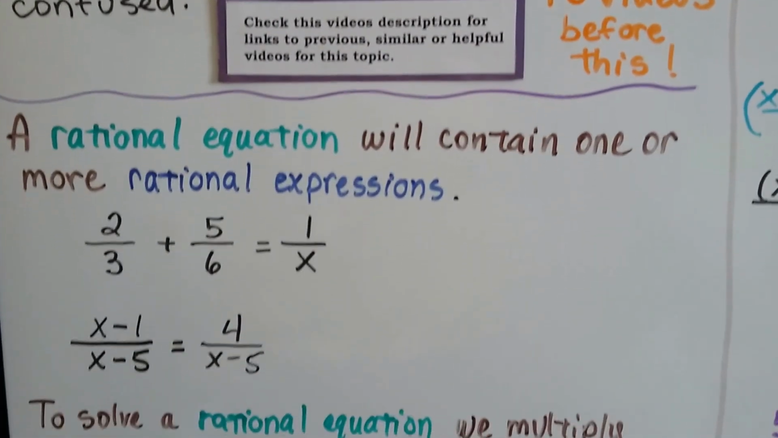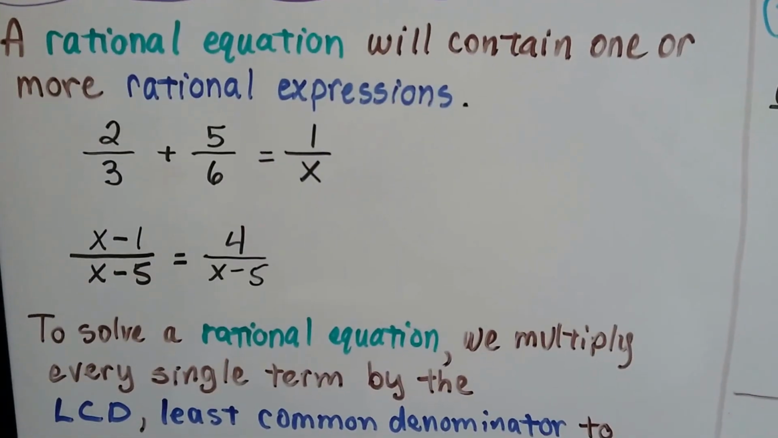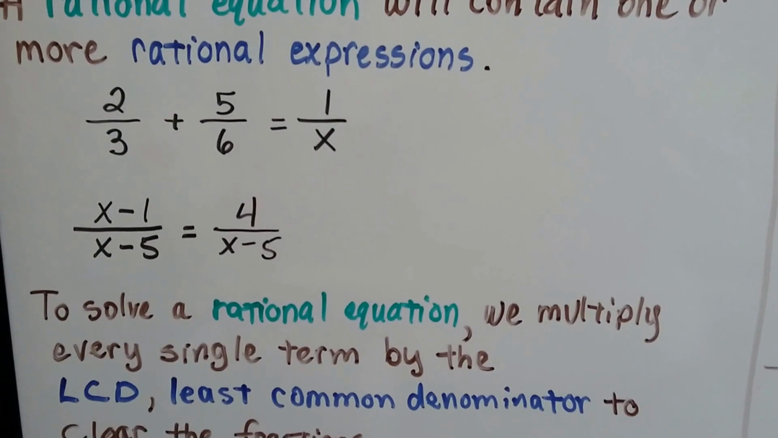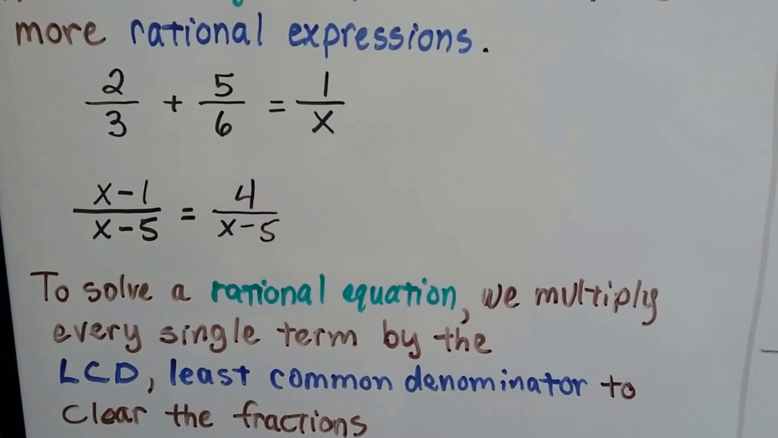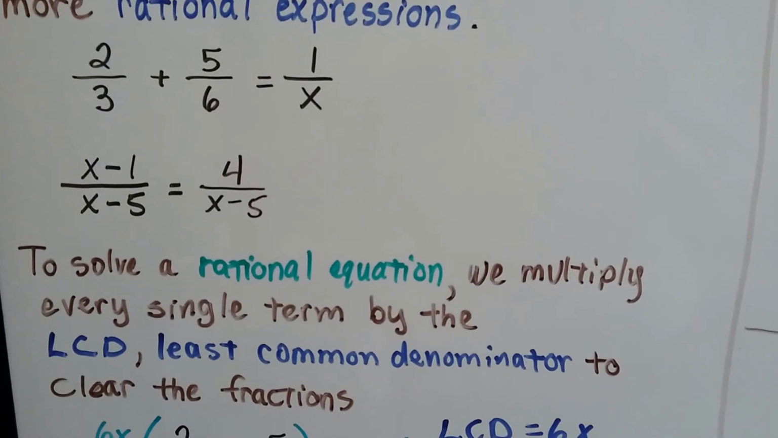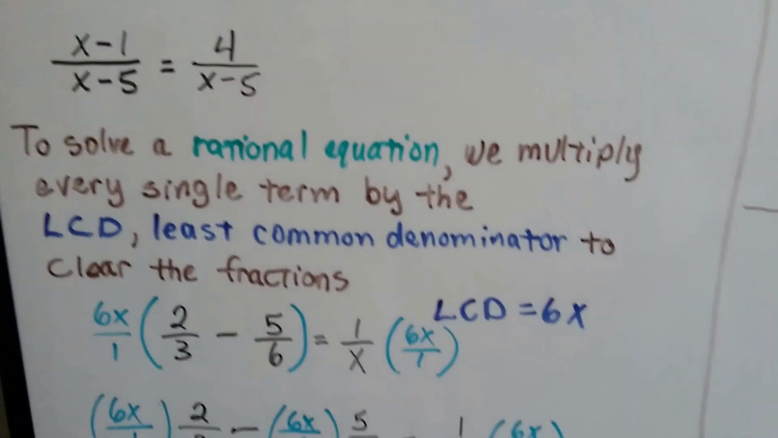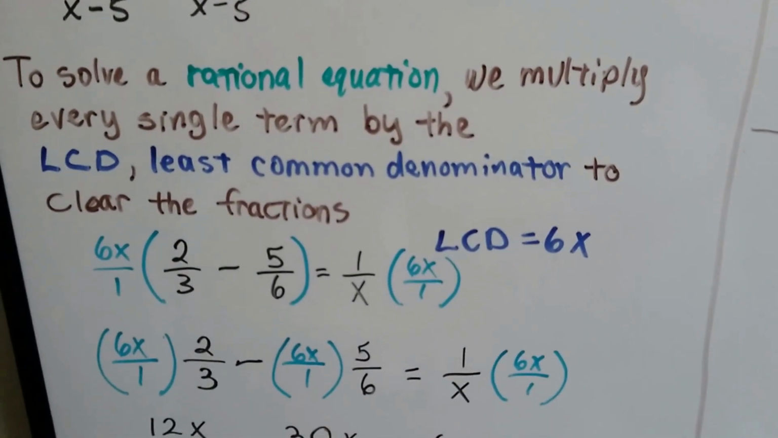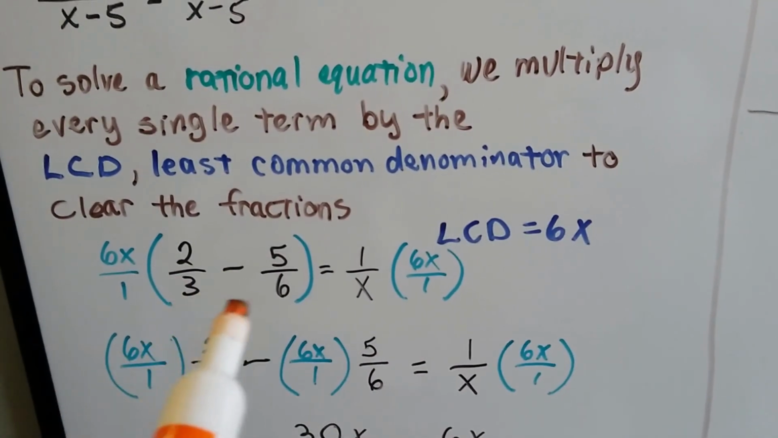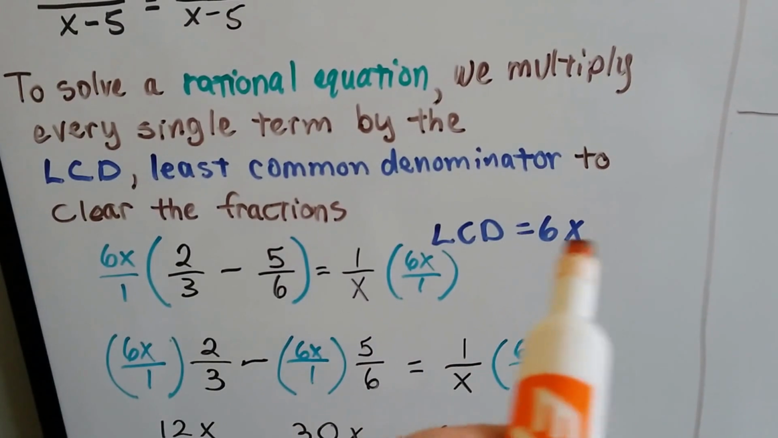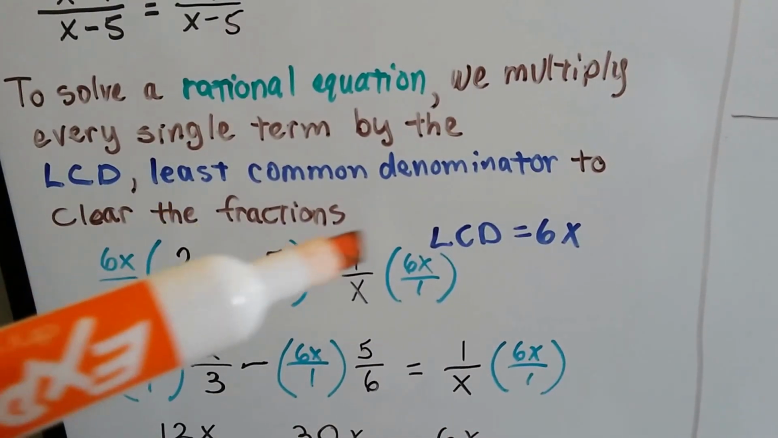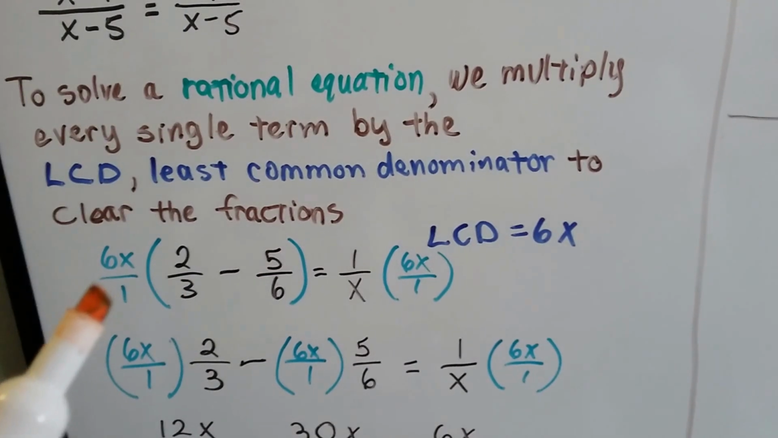A rational equation will contain one or more rational expressions, like this. And to solve a rational equation, we multiply every single term by the LCD, the least common denominator, to clear the fractions. So if we have 2/3 minus 5/6 equals 1 over x, we can see that we have denominators of 3, 6, and x, so our LCD is 6x. We multiply every single term by that 6x over 1, and